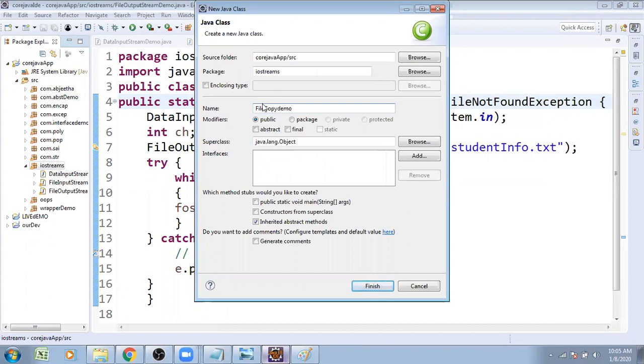FileCopyDemo. To start the program execution, the main method: public static void main(String[] args).